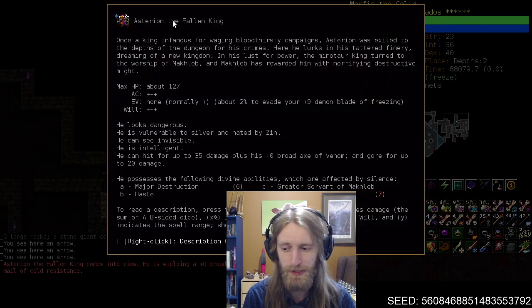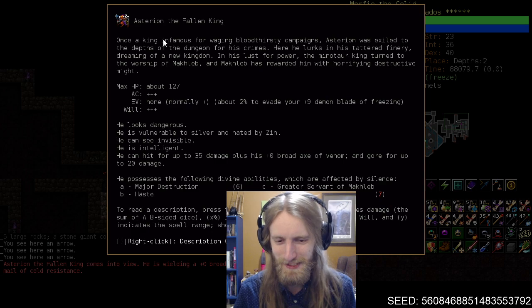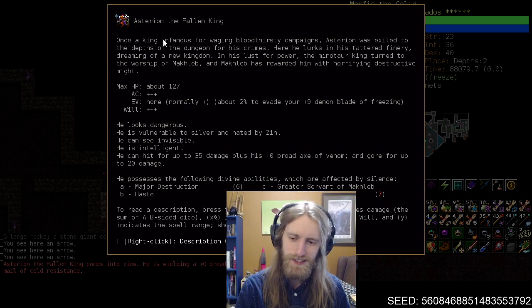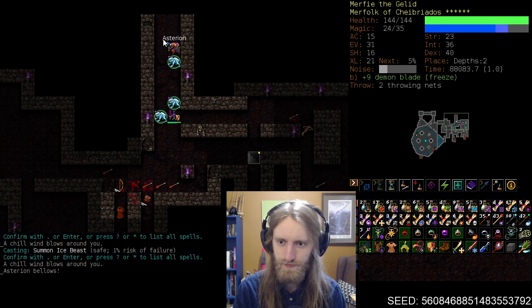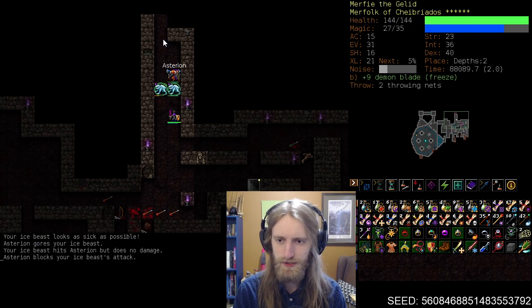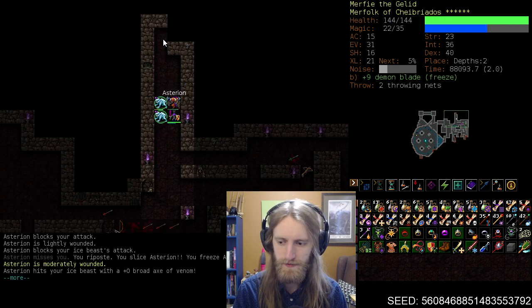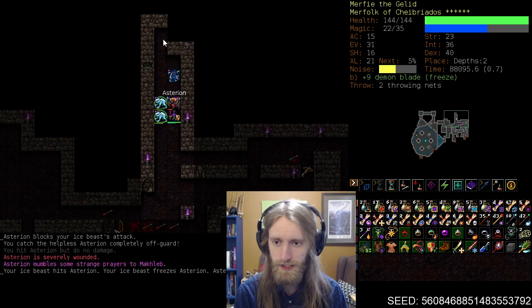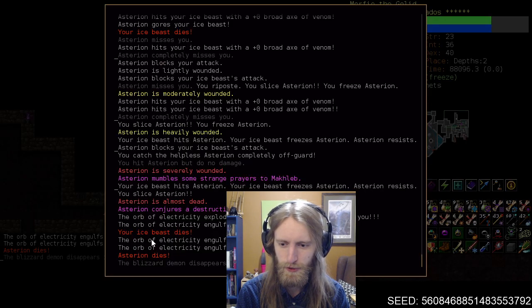Ooh, +1 scale mail of cold resistance is another important thing to note, and that's why we always want to check the equipment of enemies that we come across. So, okay, ice will be slightly less effective. Good to know. I think that's all good, though. Can use our ice beasts still as distractions and for the physical damage that they apply on top of their elemental damage, and... Ooh, okay. Orb electricity. What? Where did the...